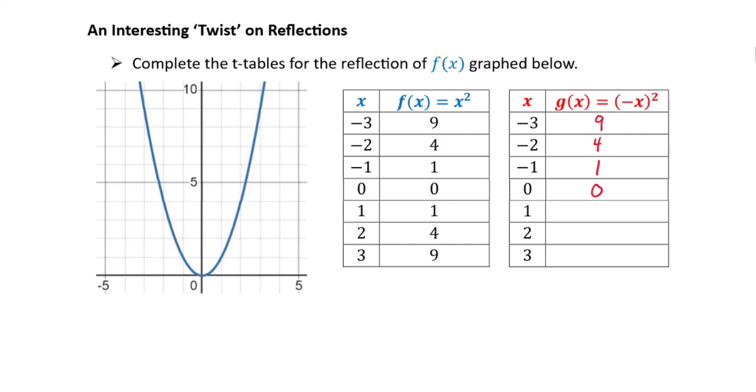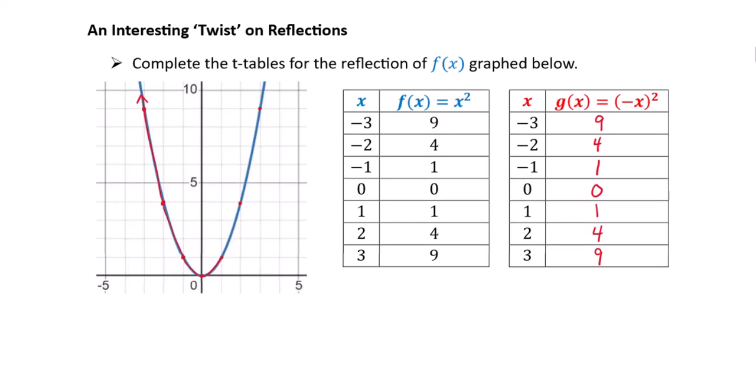Negative of 1 is -1. Squared is +1. The opposite of 2 is -2. Squared is 4. The opposite of 3 is -3. Squared is 9. So we plot these points and we notice that the new graph lies perfectly on the old graph that we had. And so there was a reflection based on what we know about the reflection transformations,